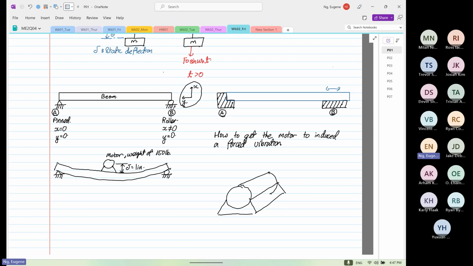Now this is your motor. So what we're going to do to the motor, this is a motor shaft. This is the motor shaft. We are going to put an arm